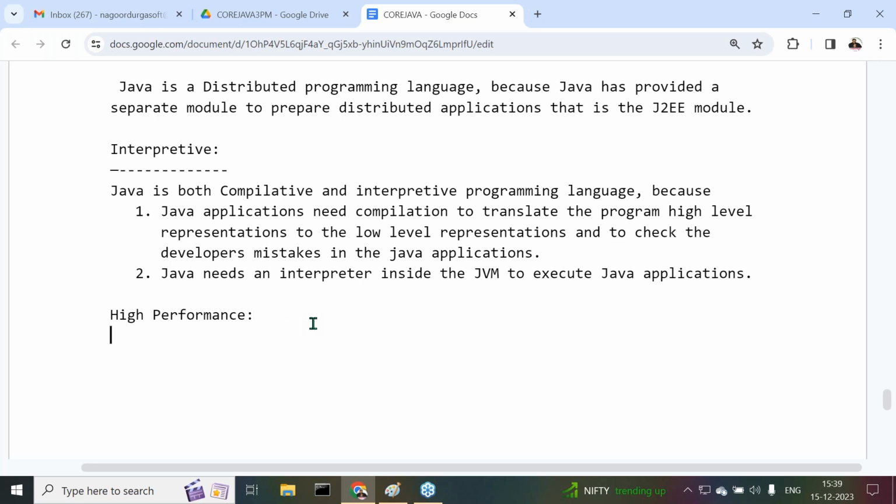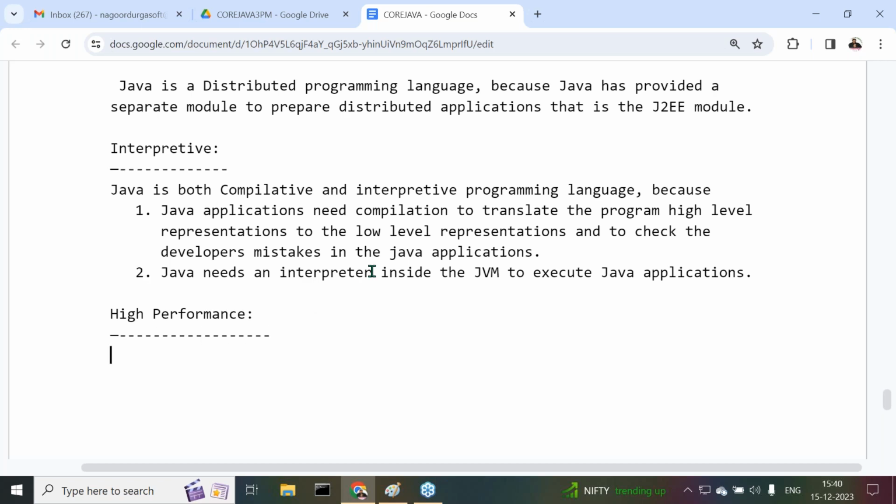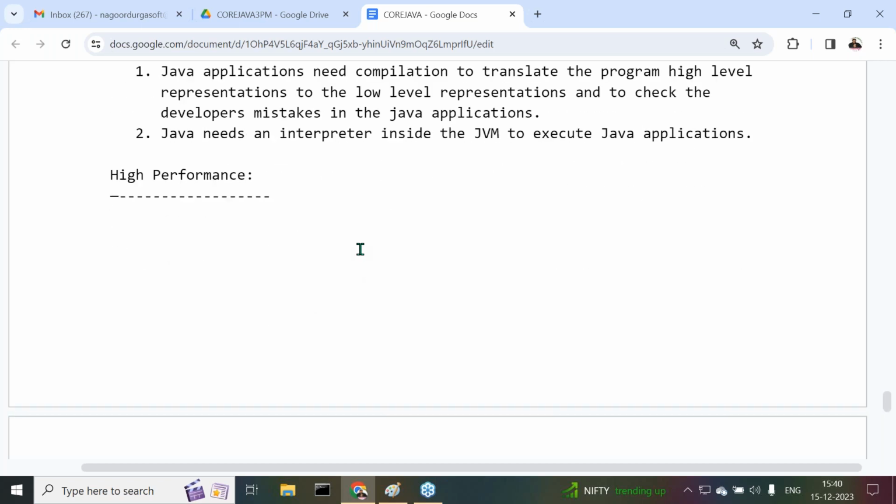That's okay, fine. What is the next one here now? Another point is high performance. What is the meaning of this high performance actually? Nothing, sir. This point is very simple. It's just a namesake point only. Nothing is important about it. But the point I'm telling you,